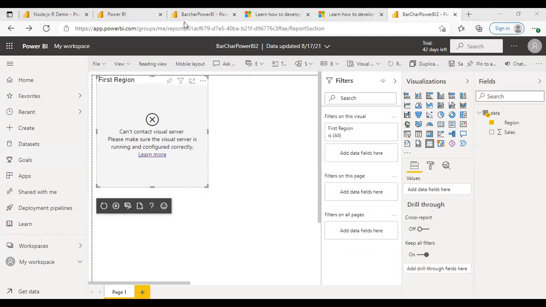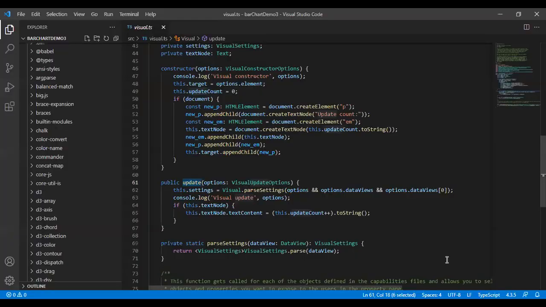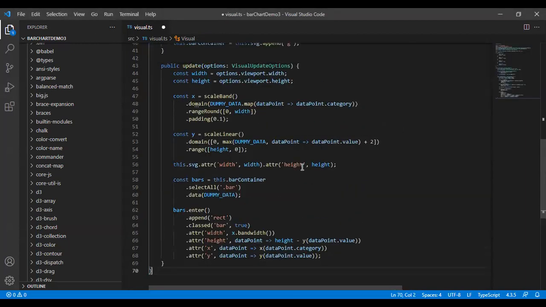So what I did, for time concerns, is take an already created visual, and I'm going to paste that in Visual Studio.